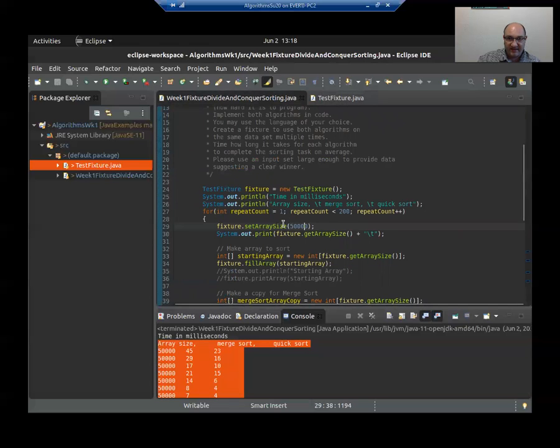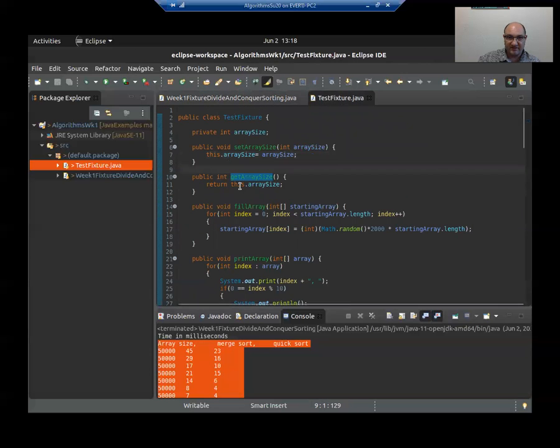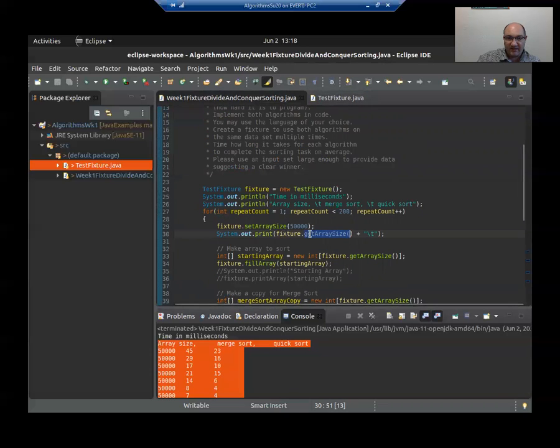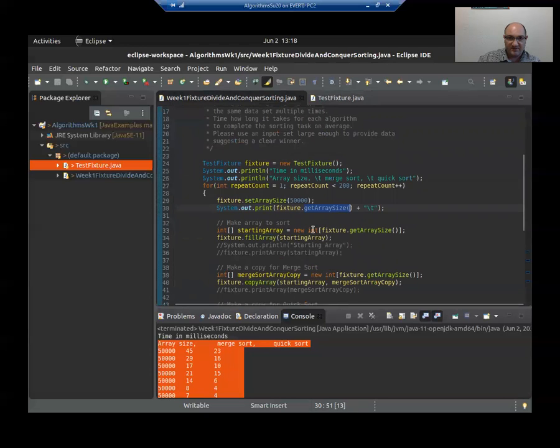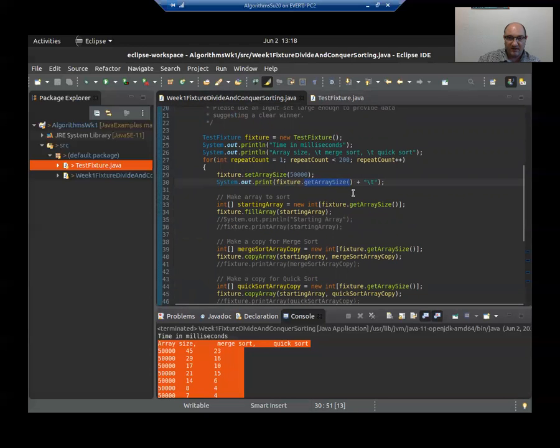And then once I've set that, I just use the get array size, which is just a standard getter, and it returns whatever our array size is. So I can use that to say, okay, this is what our array size is, and then we use that exact same call here when we're setting up our starting array, our merge sort array, and our quick sort array. The fill array,